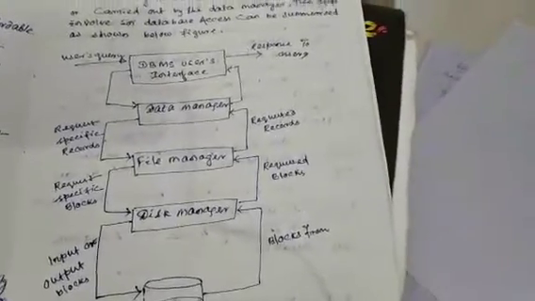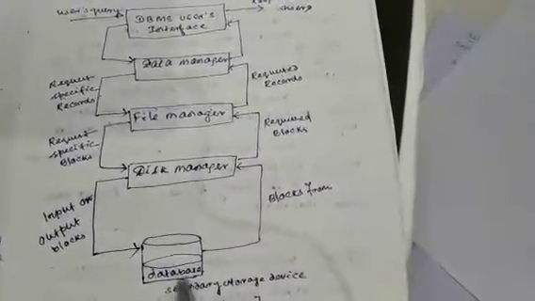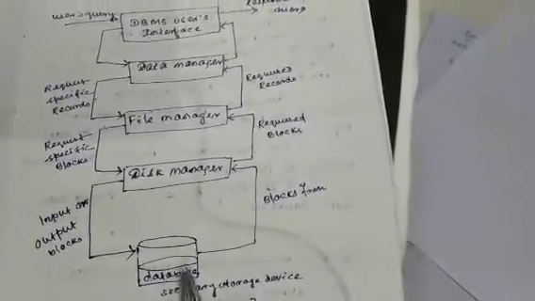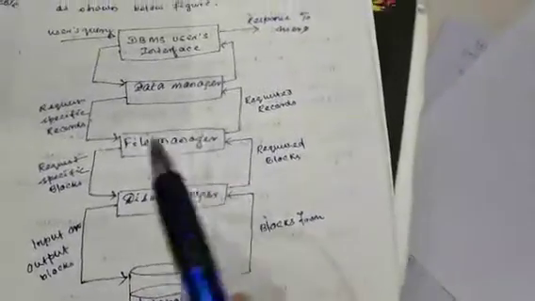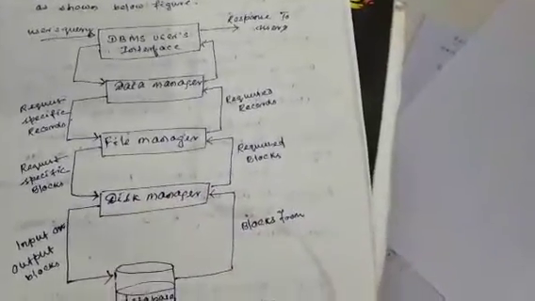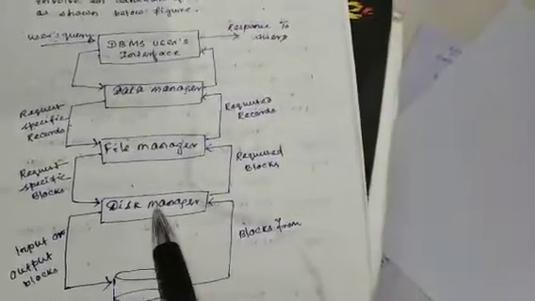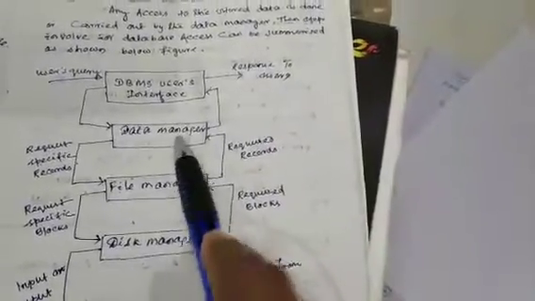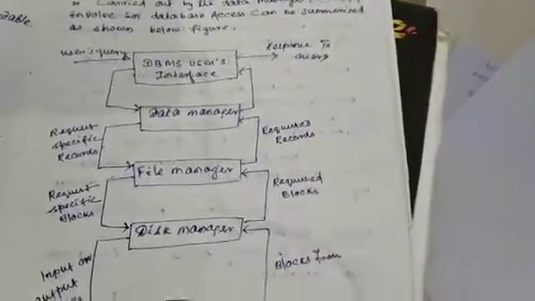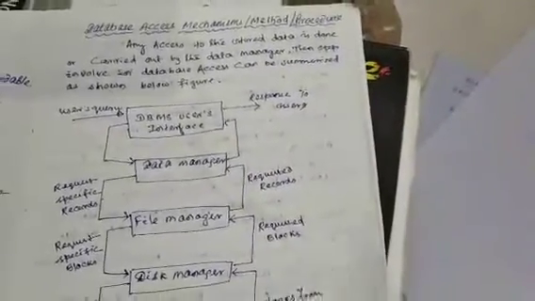In this architecture, one thing I have told you is that a database disk contains collections of blocks. There are many blocks inside it, and inside the blocks there are many files, and in a file there are many records. The disk contains a number of blocks, the blocks contain a number of files, and the file contains a number of records. Each record contains data or values. So this is the overall database access mechanism we have discussed.